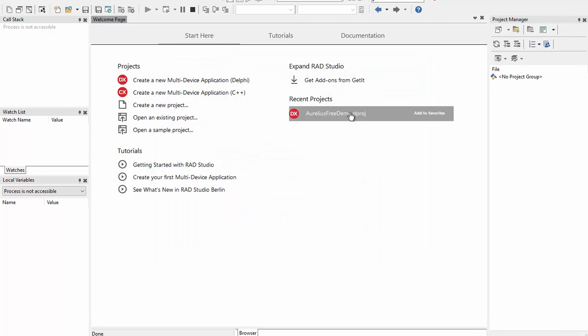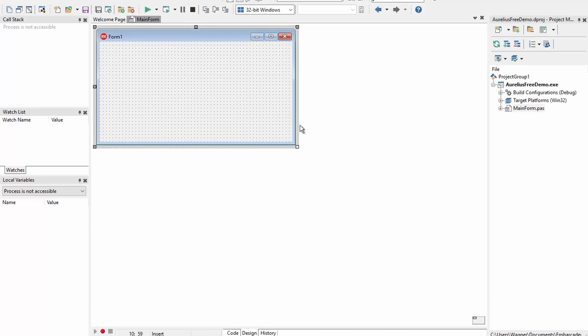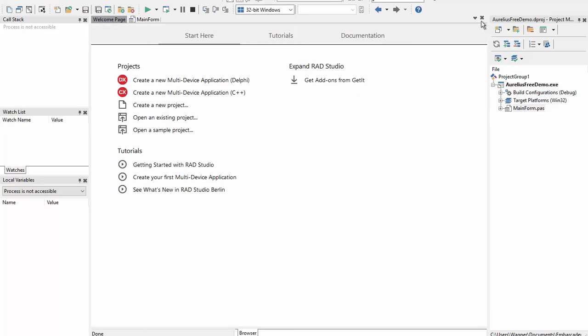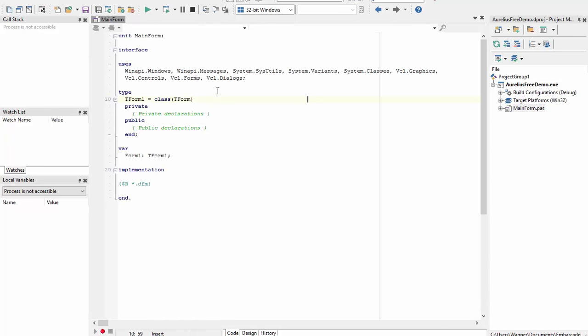Okay, I'm going to start the application. Actually, I said we are going to build an application from scratch, but I have at least saved a blank application here to save time. But it's simply a blank application with a form. So